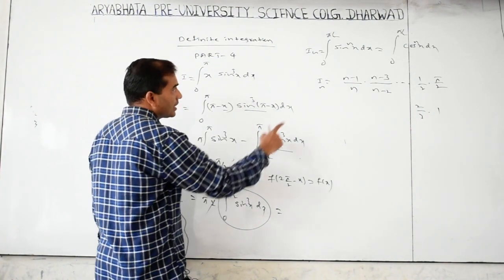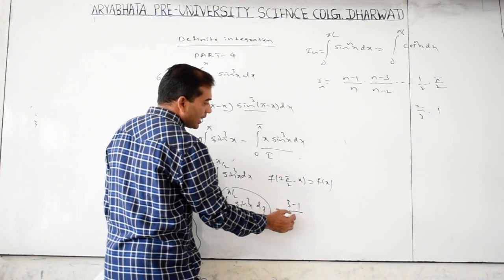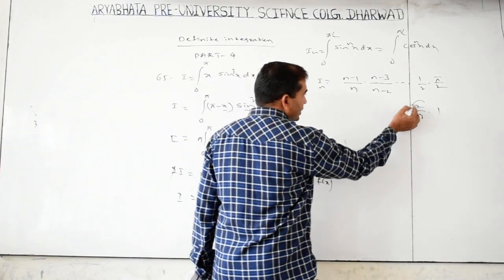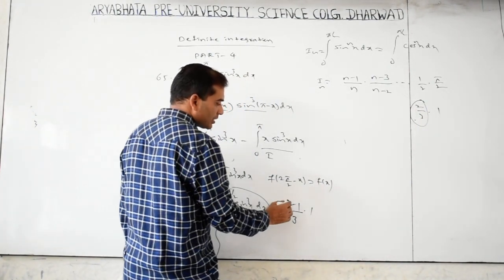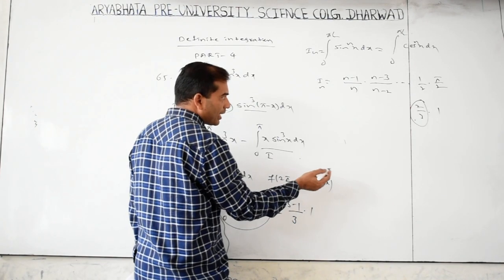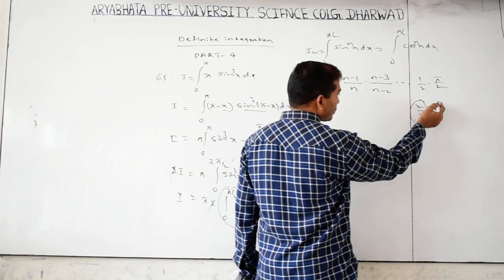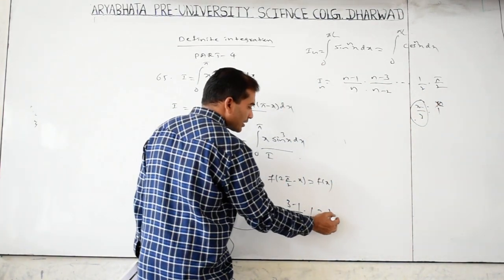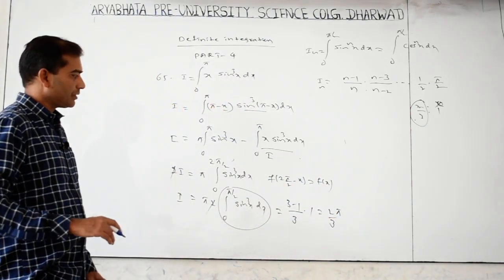Now we can find this by using the shortcut also. Here n is 3. Substitute: 3 minus 1 by n, n is 3, 3 minus 1 is 2 by 3. This is 2 by 3. The next step is 1, because 3 minus 2 is 1. Next, 1 minus 2 we can't decrease further; the last step is zero product. So the answer is 2 by 3, and here pi, so the answer is 2 pi by 3.